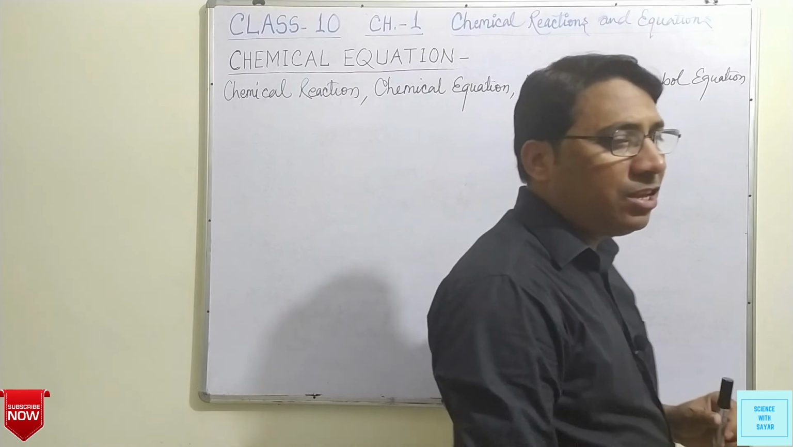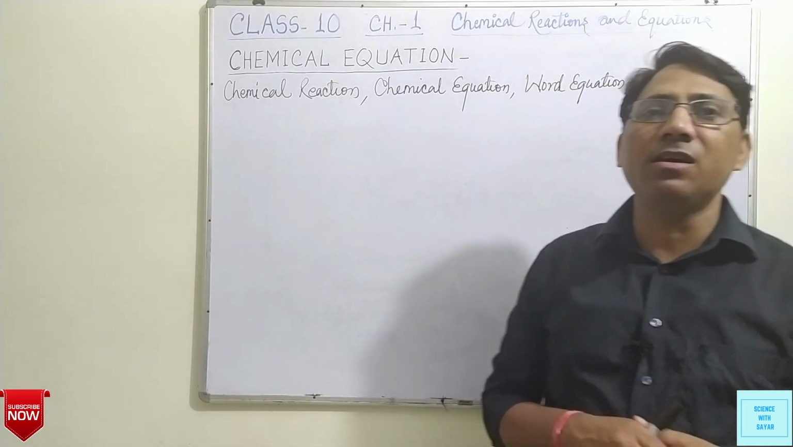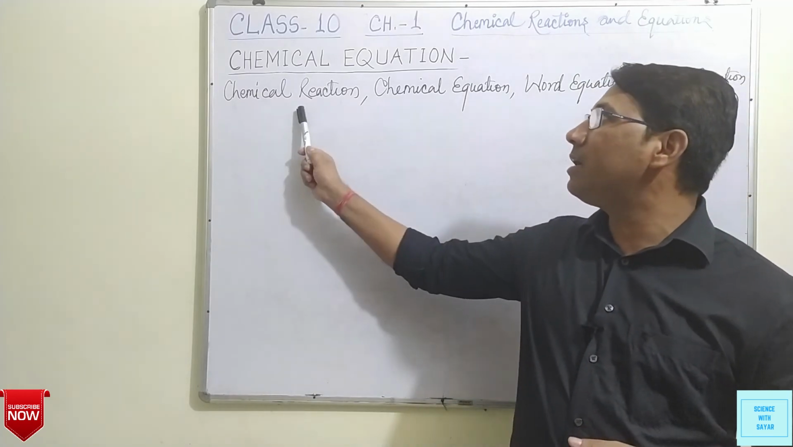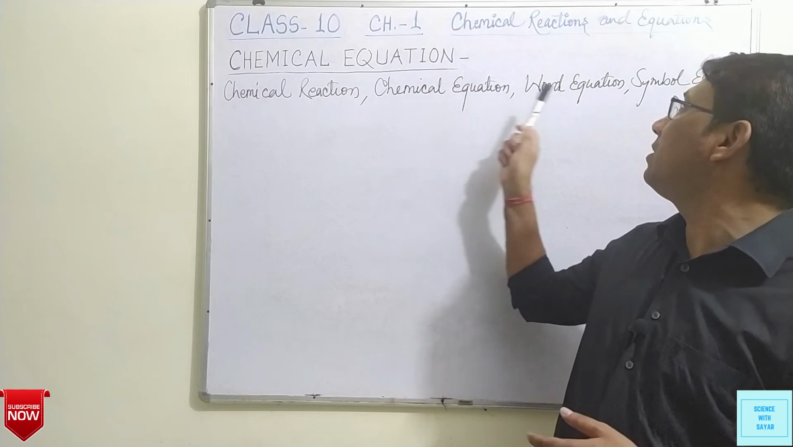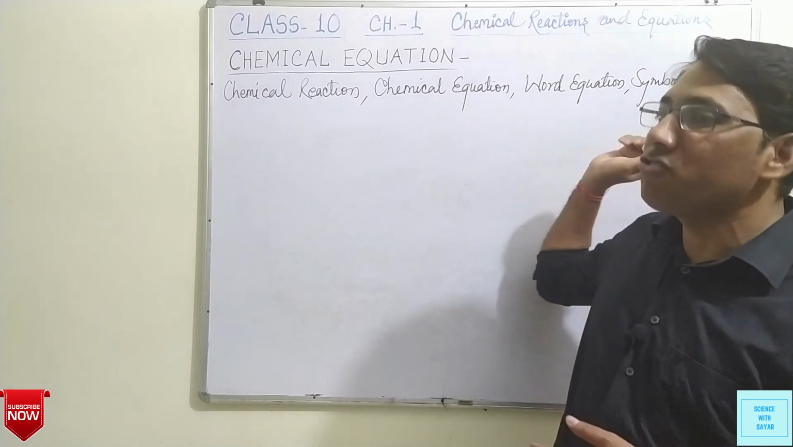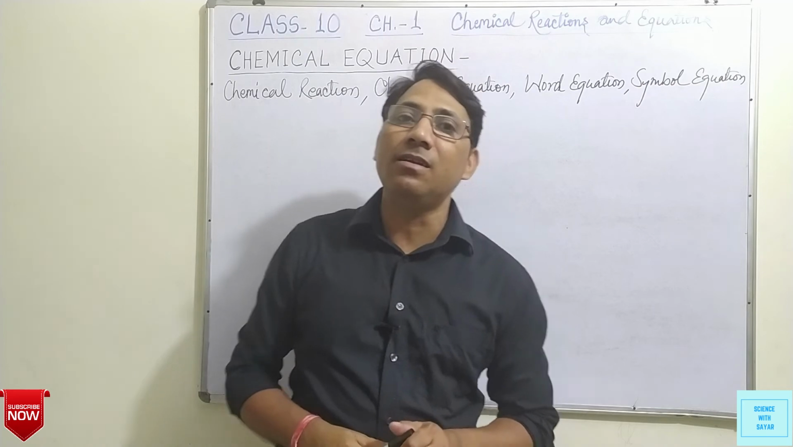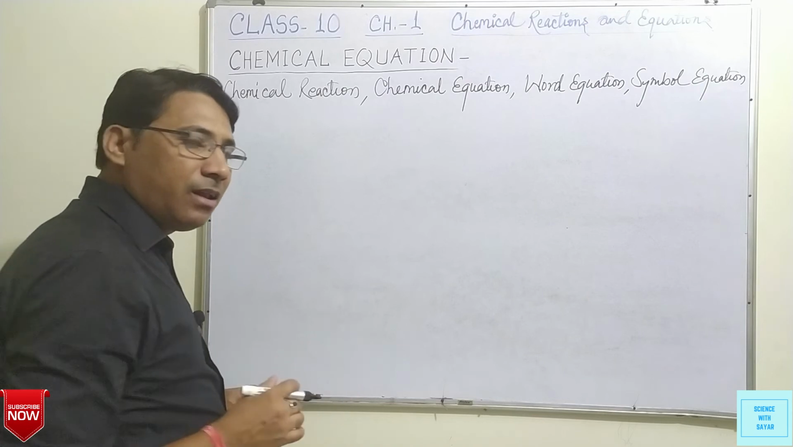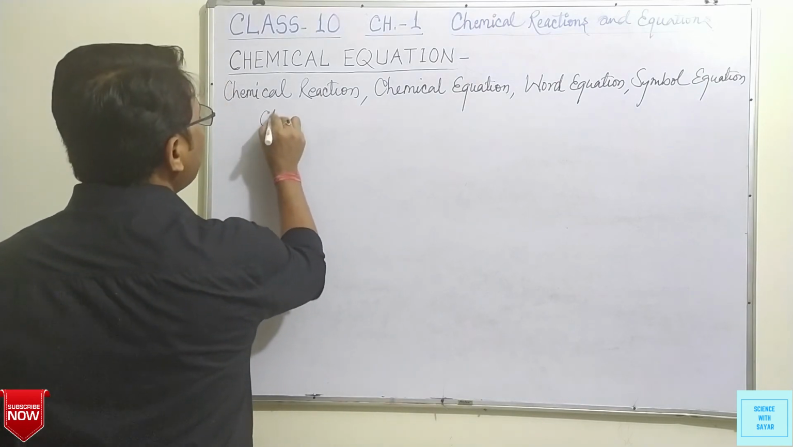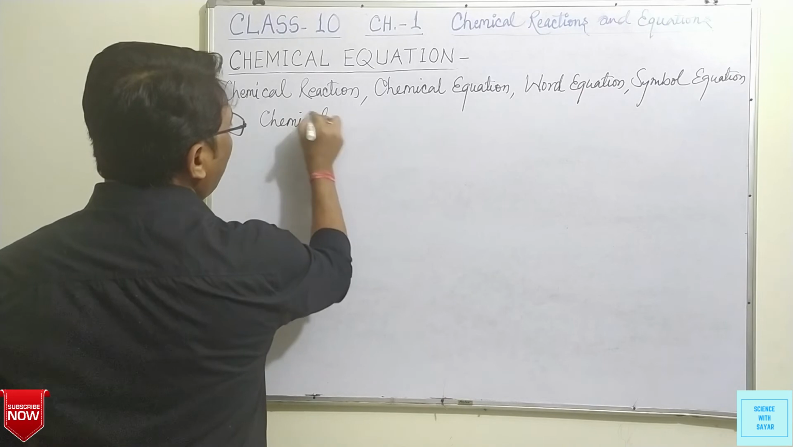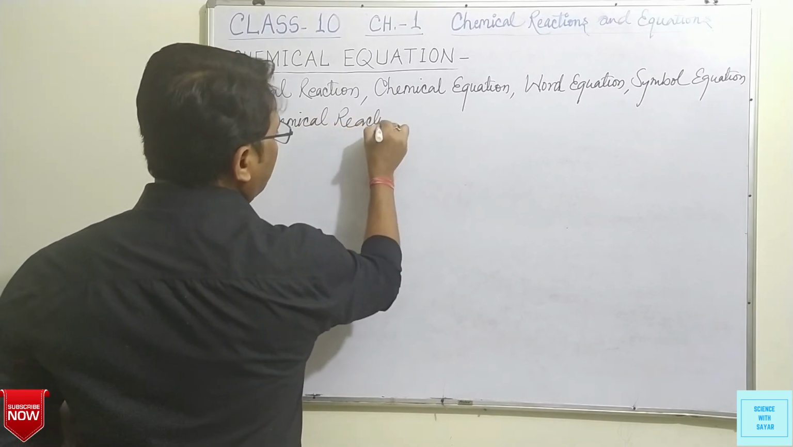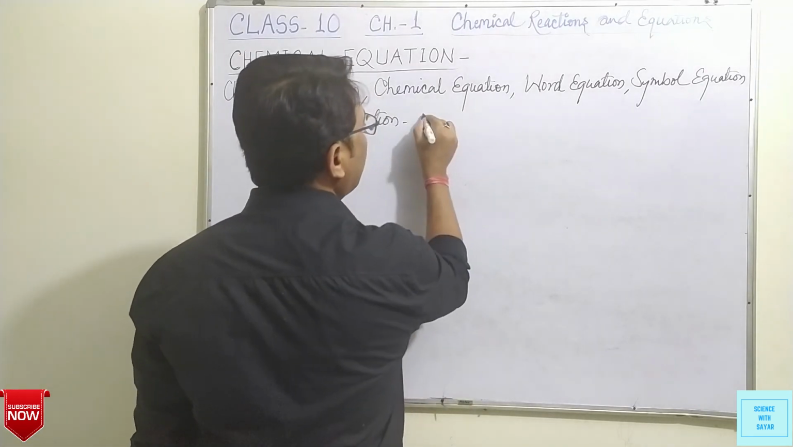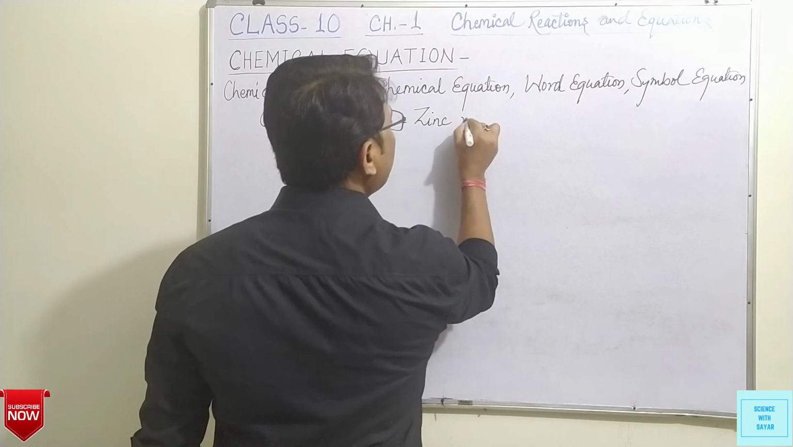At last, we can clearly understand the terms that we have used: chemical reaction, chemical equation, word equation, and symbolic equation or symbol equation, and reactants and products also. So we take an example of a chemical reaction, for example, zinc metal